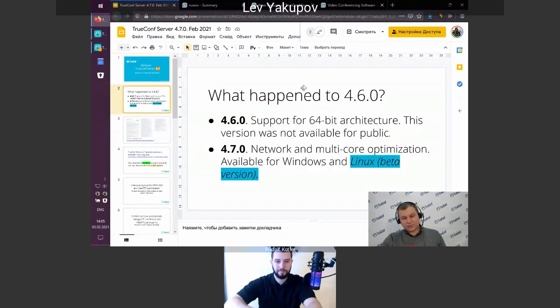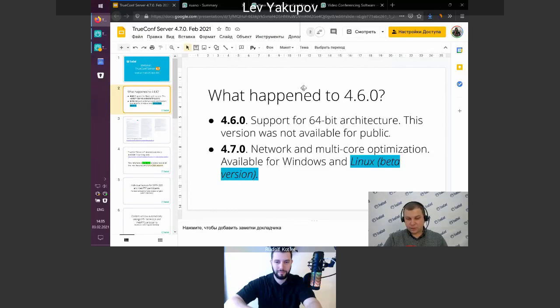Okay. So first of all, as you might know, the previous release of TrueConf Server was labeled 4.5. And now we're presenting the new release, which is 4.7. What happened to version 4.6? Why is it missing? Actually, it is not missing. It was our internal release, which we shared only with a limited number of enterprise customers to troubleshoot issues.